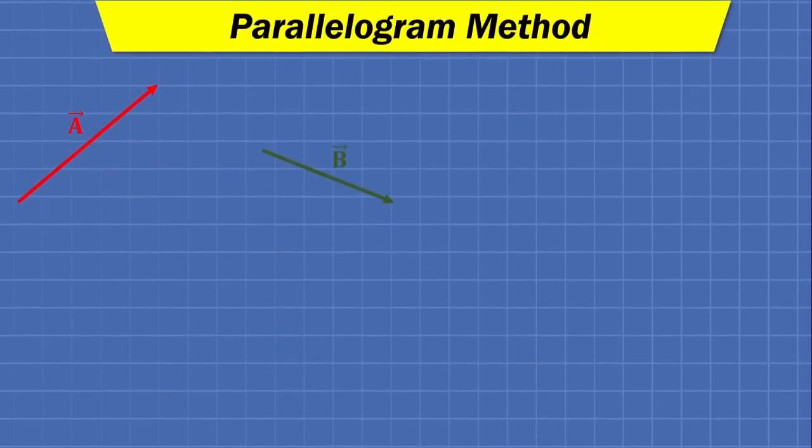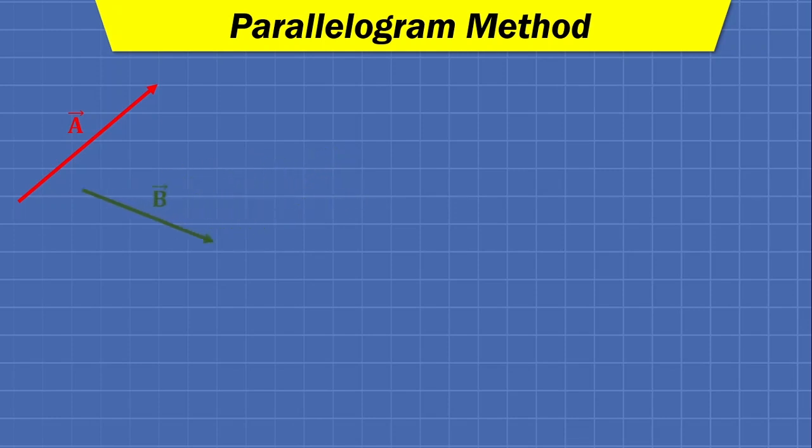Our second method is parallelogram method. Now how does a parallelogram method differ from the triangular method? So in triangular method we were adjusting the tail of second vector on the head of first vector, but in parallelogram method we will draw both the vectors on the same point, that is, the tails of both the vectors will coincide. Then what will we do? We will form a parallelogram. So we will draw a parallel line from the head of second vector with same magnitude and direction as first vector, that is a bar.